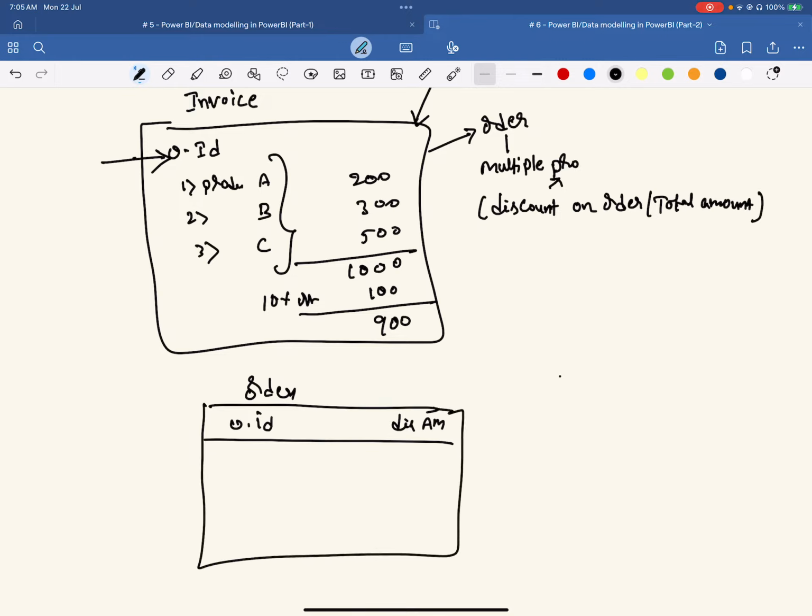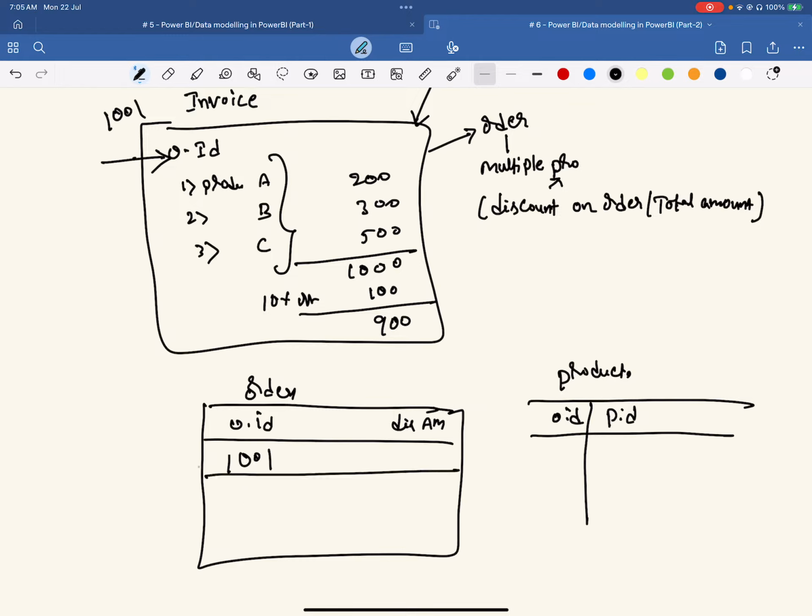If you look at the products table, you will still have order ID and you will have the product ID. If this invoice is 1001, there will be only one reference. The entire thing is an order, right? Here, if you look at this, this will have 1001, products A, B, C, and the respective price,